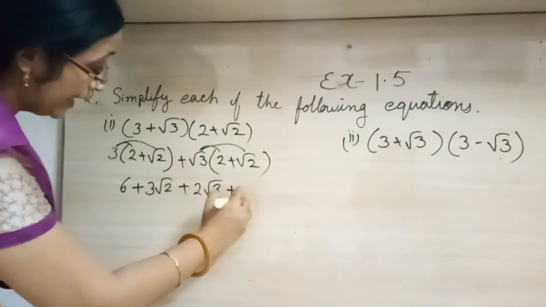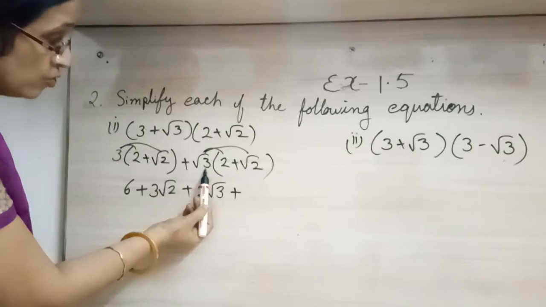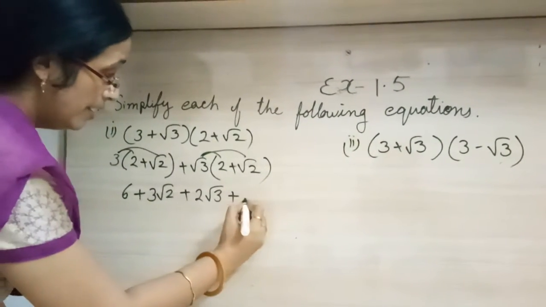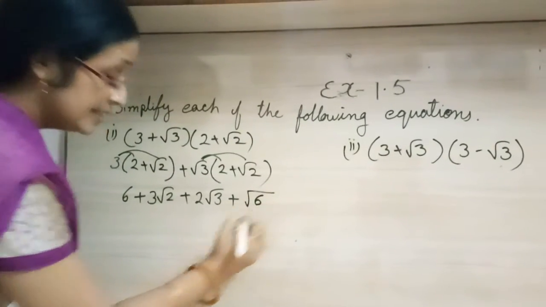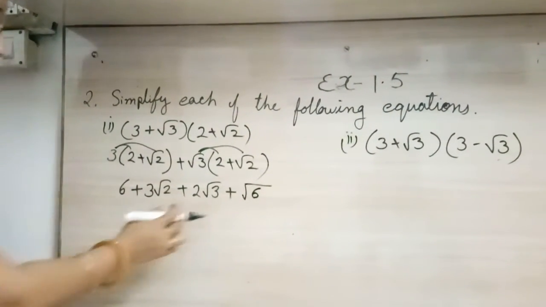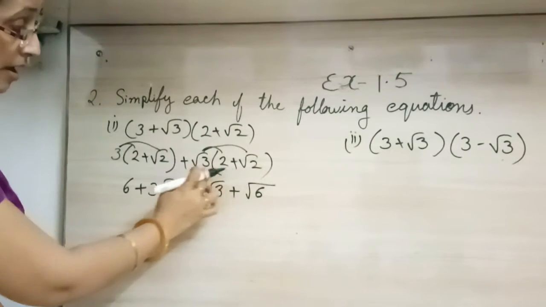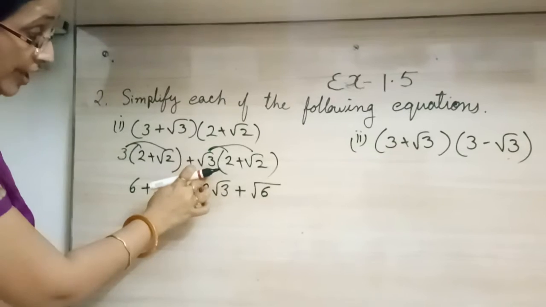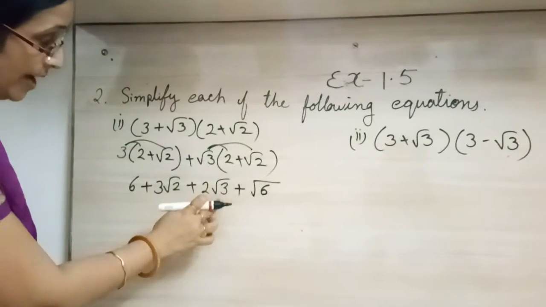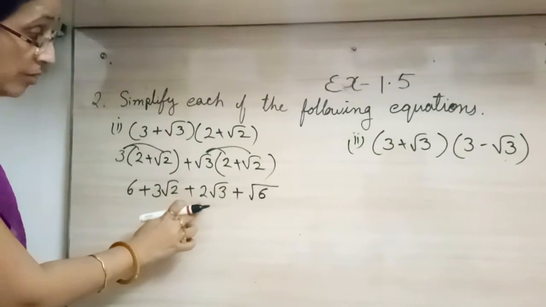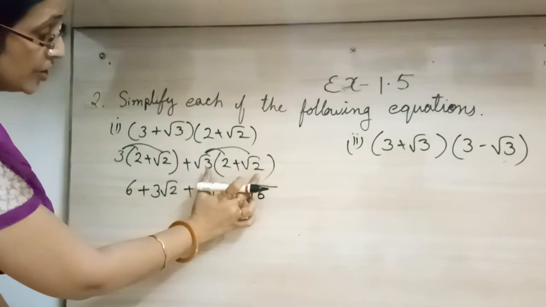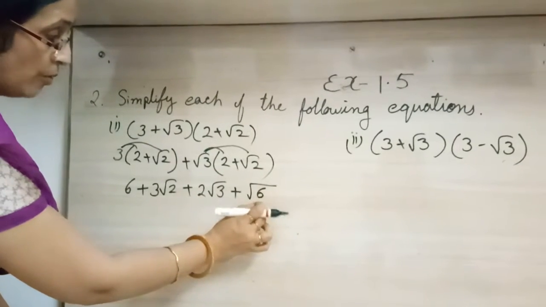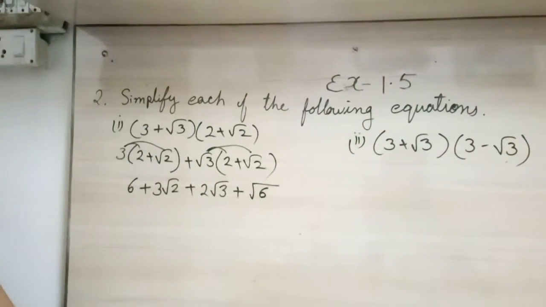But in this particular case, it is in root and it is in root, so multiplication is possible. So 2 3s are root 6. You have to be very careful. Many times students multiply directly, then it goes wrong. You have to remember that root 3 is in square root, so it will come as it is. 2 will come outside, you cannot multiply. But in the second multiplication, 3 is also in square root and 2 is also in square root, so multiplication is possible. So square root 6.